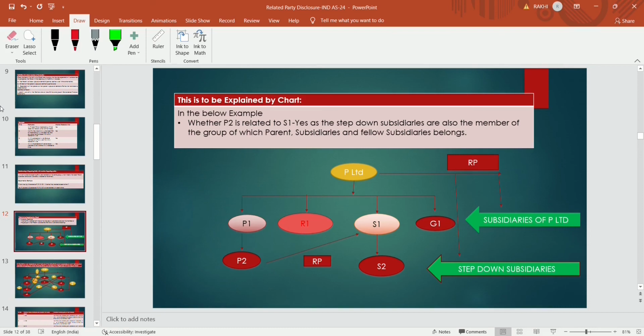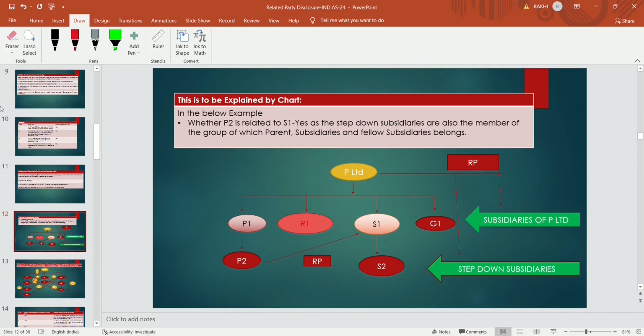Who is P2? We will first explain the chart. P Limited is the holding company and it has 4 subsidiaries, P1, R1, S1 and G1. These are the 4 subsidiaries. P1 is also having a step down subsidiary, that is P2. And S1 is also having a step down subsidiary, that is S2. R1 does not have any subsidiary, G1 does not have any. So my question is whether P2, who is the step down subsidiary of P1, whether P2 is related party of